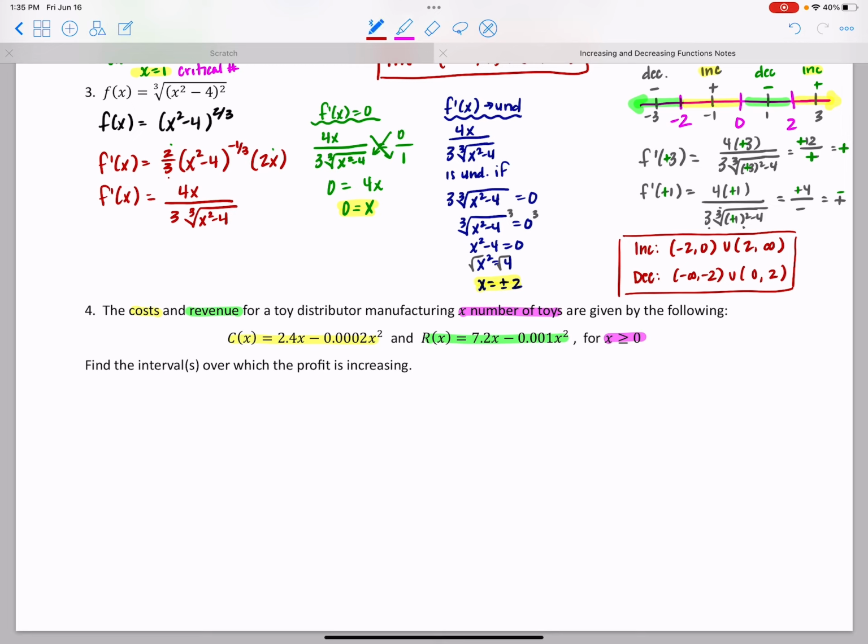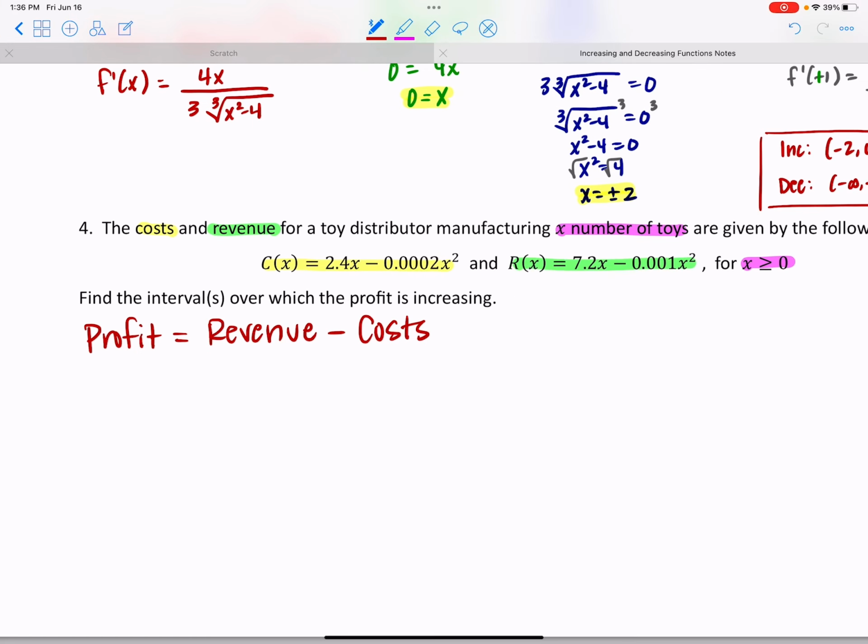That's definitely something that a company would want to know. But they didn't give us a profit function here, although we know from previous experience how to find it. All the money we bring in is our revenue. Then we pay our bills, so let's subtract out those costs. Revenue minus cost: after we bring all that money in and subtract out all the bills we have to pay, everything that's left over becomes our profit. So in this case, P of x is going to equal